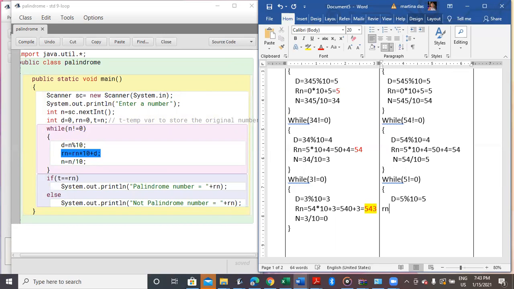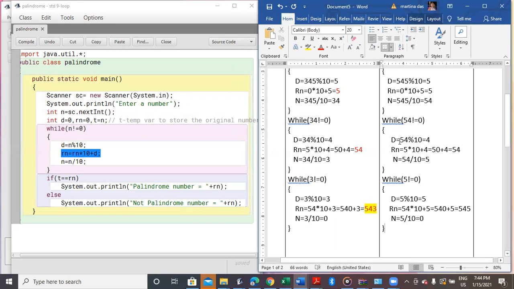Then Rn equals, now that 54 is already there in Rn, 54 into 10 plus 5. That will be 540 plus 5, giving me 545. And now n will become 5 divided by 10, which is 0. So now my loop will end here.